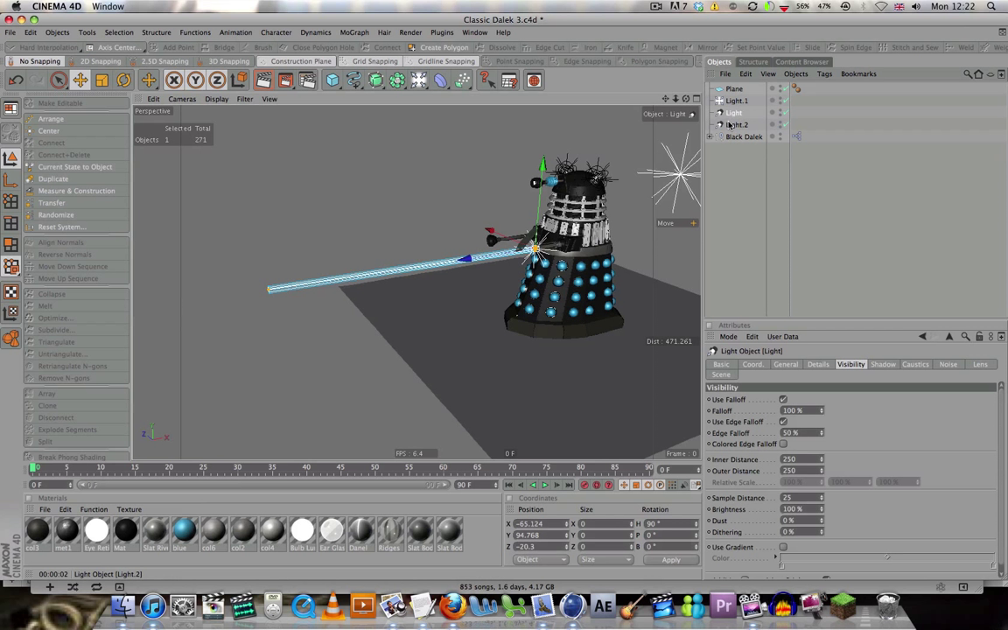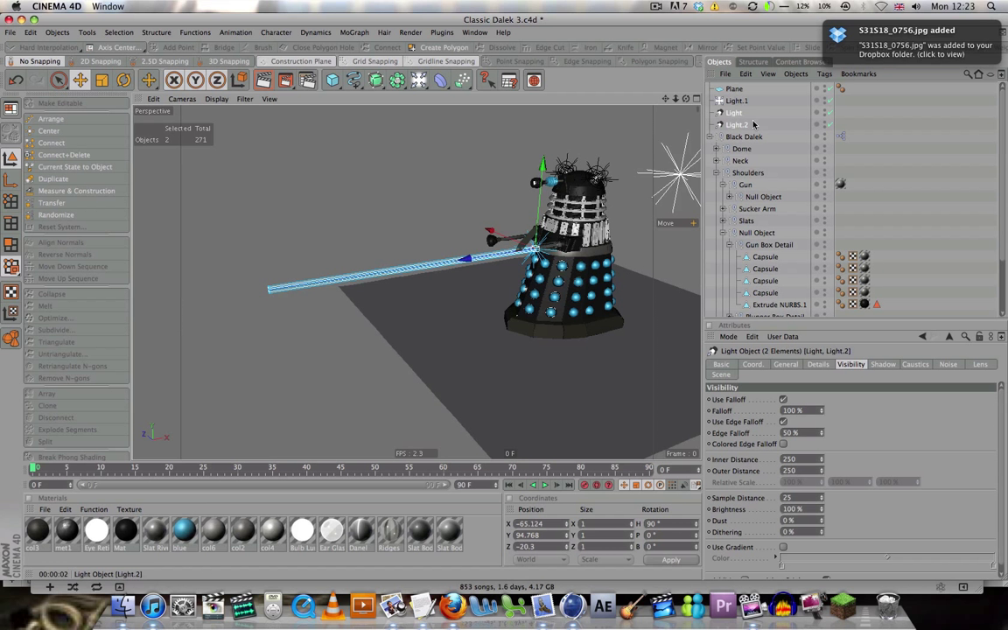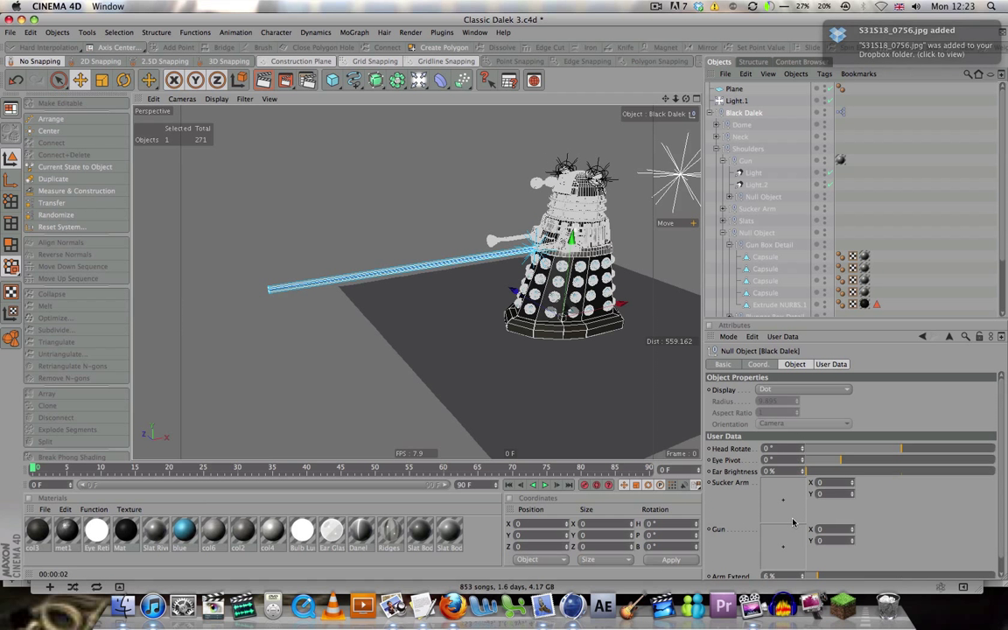So we are almost done. I want to shift and click the 2 lights, open the Dalek, place it back into the gun. Now I've got mine set up with Espresso. I've done a demonstration on how to do that, but if you'd like me to do a tutorial about how to set up the Dalek,